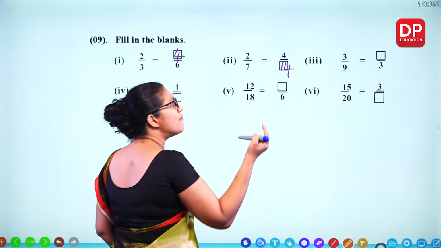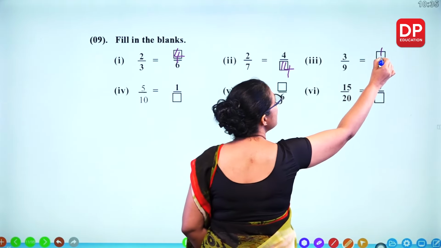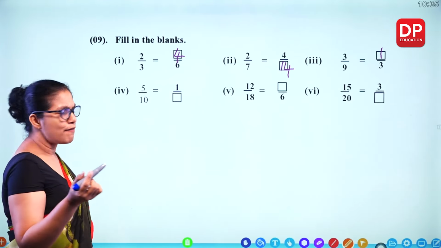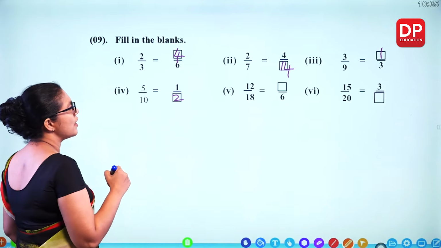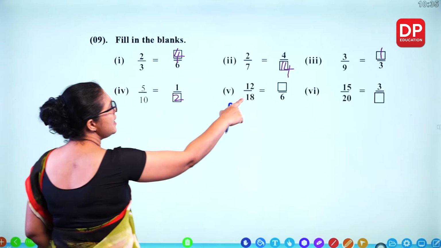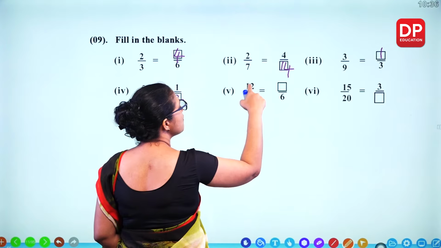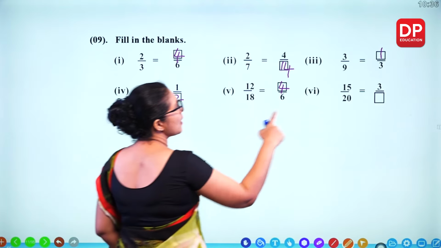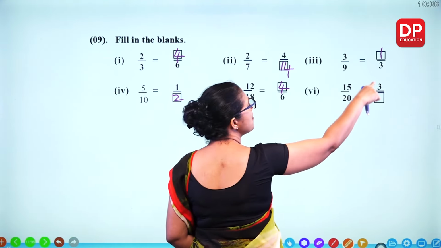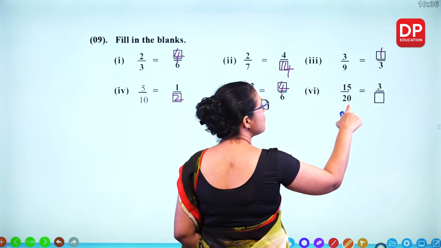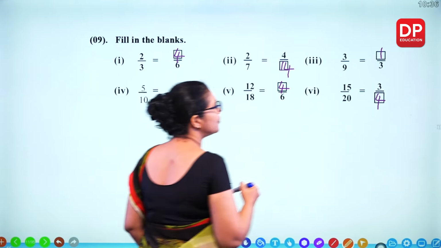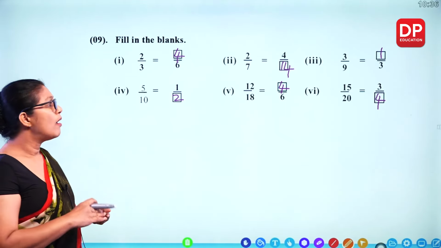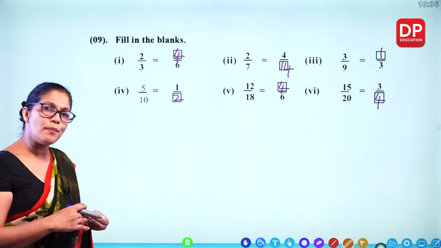9 becomes 3. Divided by 3. 3 divided by 3, you get 1. 5 becomes 1. Divided by 5. 10 divided by 5, you get 2. 18 to 6 divided by 3. 12 divided by 3, that becomes 4. 15 and 20. 15 becomes 3. Divided by 5. 20 divided by 5, you get 4. So, to find out equivalent fractions, you can either divide or multiply by the same amount, both the numerator and